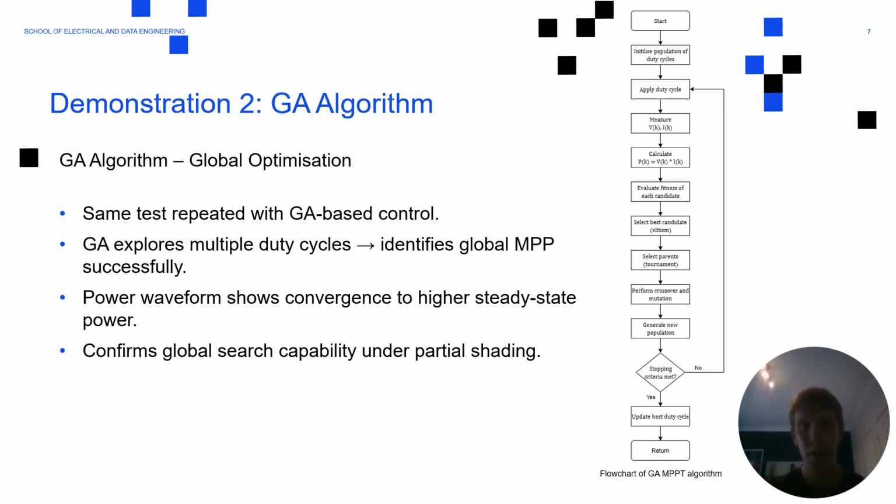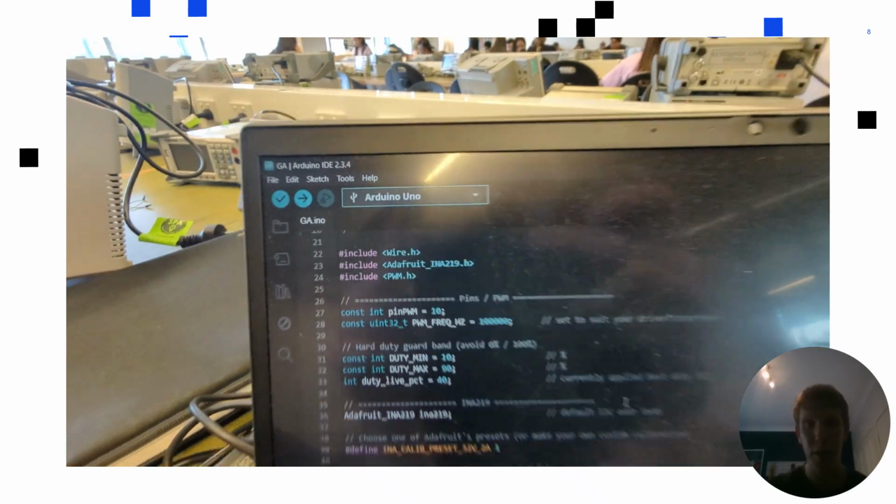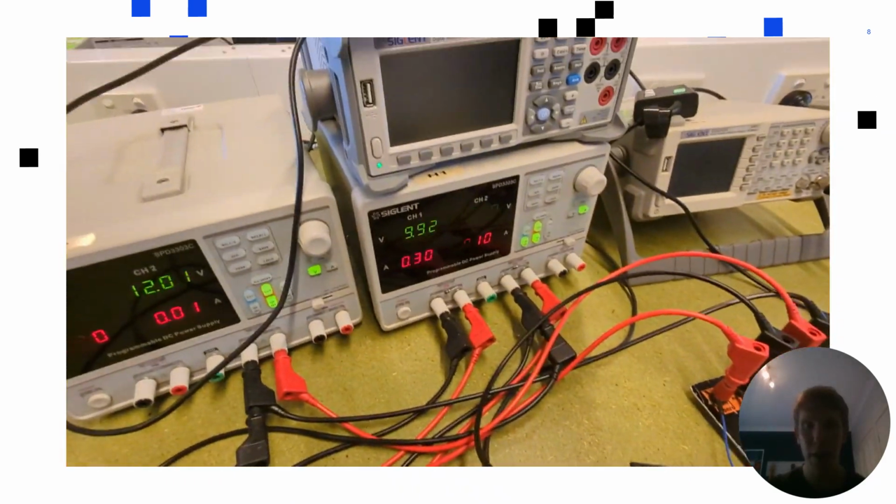In the next stage, the GA algorithm was developed and tested under the same conditions as the INC algorithm, with the objective of demonstrating its ability to locate the global maxima under partial shaded conditions, in contrast to the INC algorithm. The video shows the same test as done previously with the INC algorithm, however this time with the GA